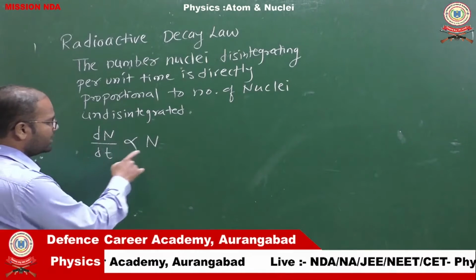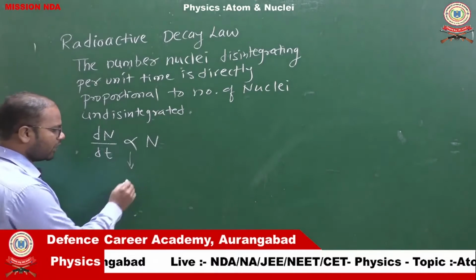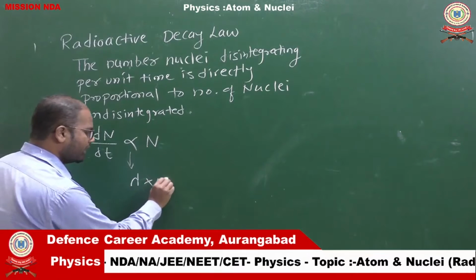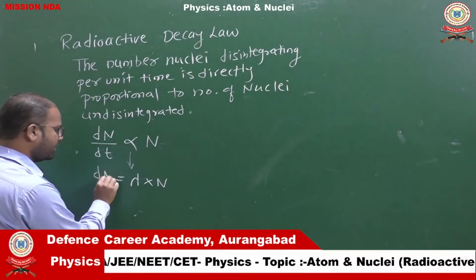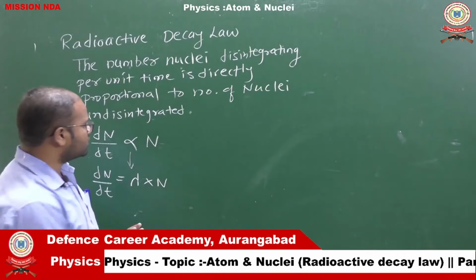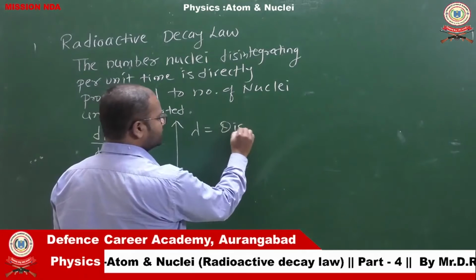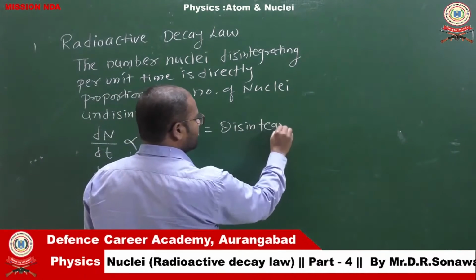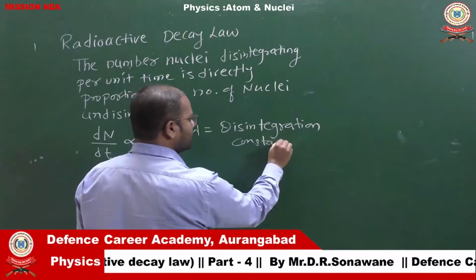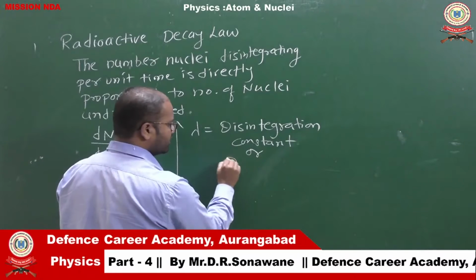So dN by dt is proportional to N. If we remove the proportionality sign, we have to put a constant here, that is lambda. So lambda into N is equal to dN by dt. So we can say that lambda is the constant and it is also known as the disintegration constant. Lambda is what? Disintegration constant. This lambda is also called the decay constant,